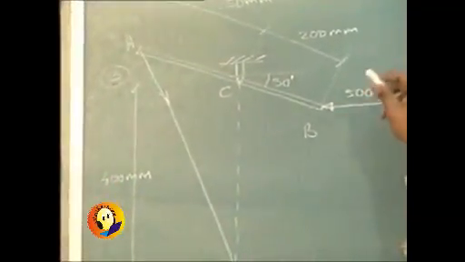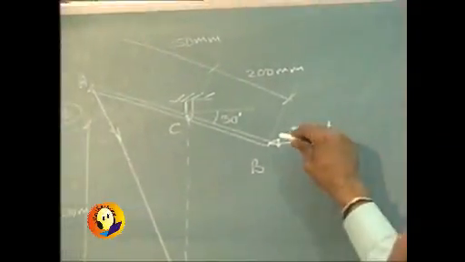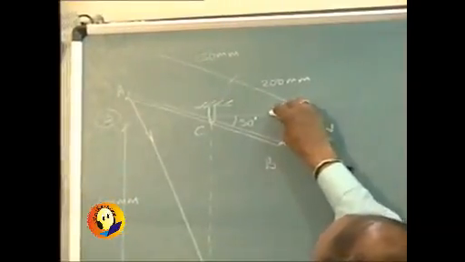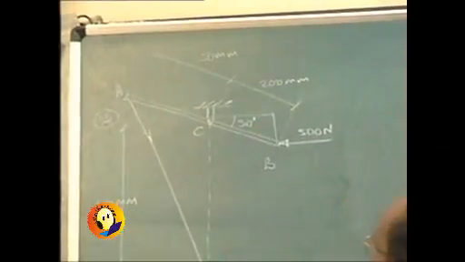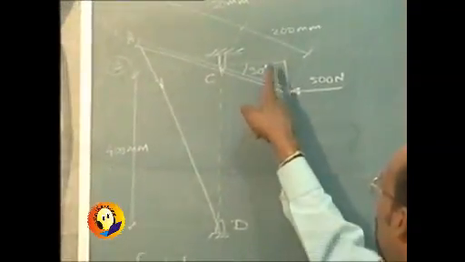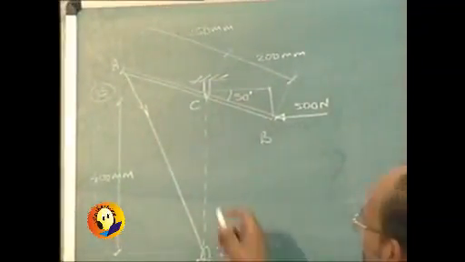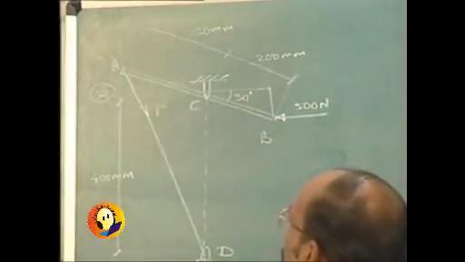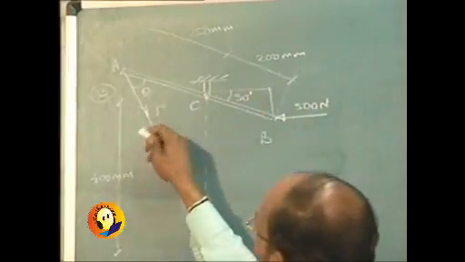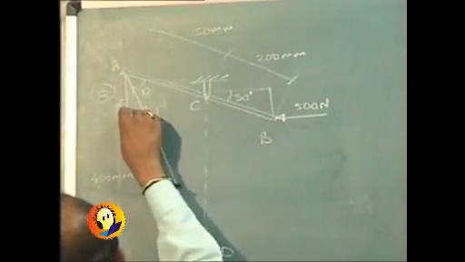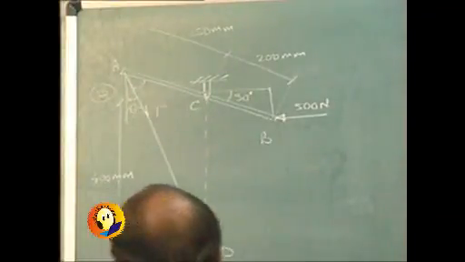Now here you will find that so far as this 500 newtons force is concerned, it is acting horizontally, and we will require the vertical distance if we are to take the moment, and this distance can be very well calculated also, because you know this length 200 and this vertical distance will be simply 200 sin 30. Now when we consider this tension T, we will be requiring this angle theta, either this angle, or we might be looking for the angle which is the vertical angle. Any one of these two angles can be considered as theta, preferably the vertical angle.